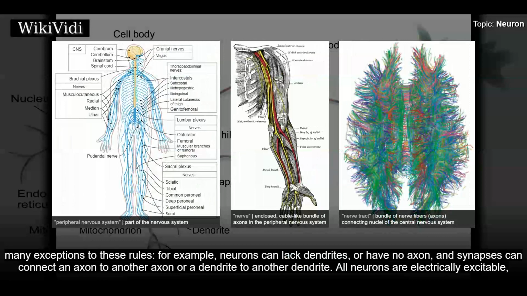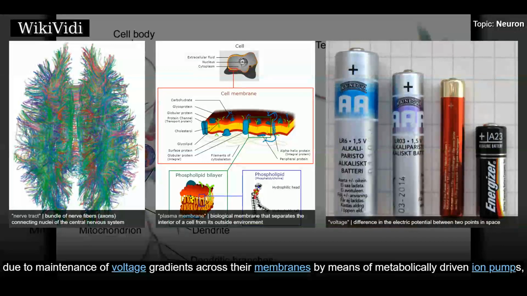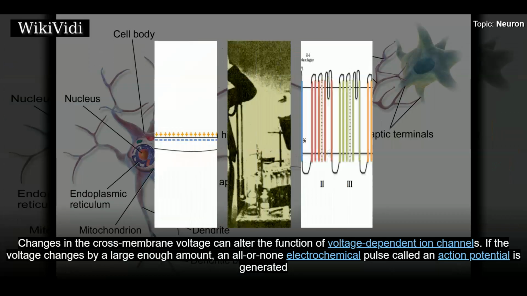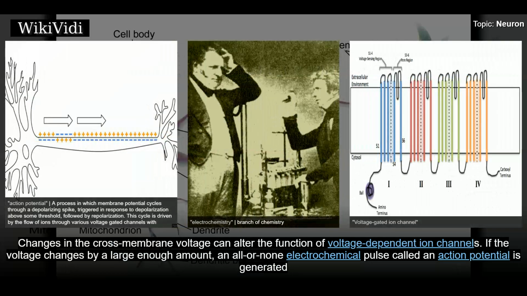All neurons are electrically excitable due to maintenance of voltage gradients across their membranes by means of metabolically driven ion pumps, which combine with ion channels embedded in the membrane to generate intracellular versus extracellular concentration differences of ions such as sodium, potassium, chloride, and calcium. Changes in the cross-membrane voltage can alter the function of voltage-dependent ion channels. If the voltage changes by a large enough amount, an all-or-none electrochemical pulse called an action potential is generated,